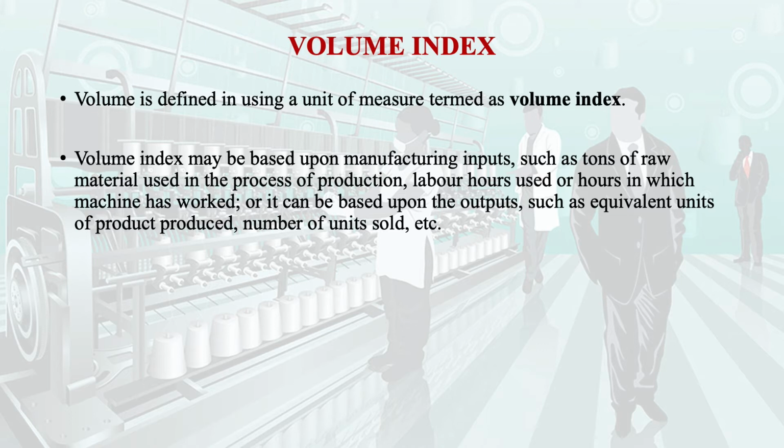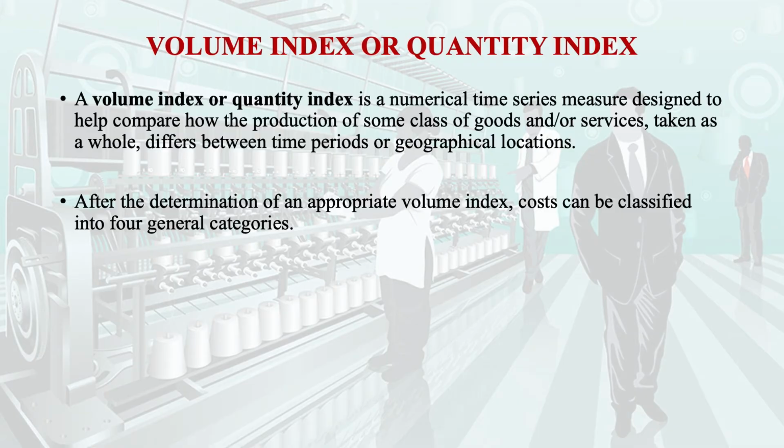It can be based upon the output such as equivalent units produced or the number of units sold. Now we will define volume index. Volume index is also termed as the quantity index, and the definition given in Wikipedia is: volume index or quantity index is a numerical time series measure designed to help compare how the production of some class of goods and/or services taken as a whole differs between time periods